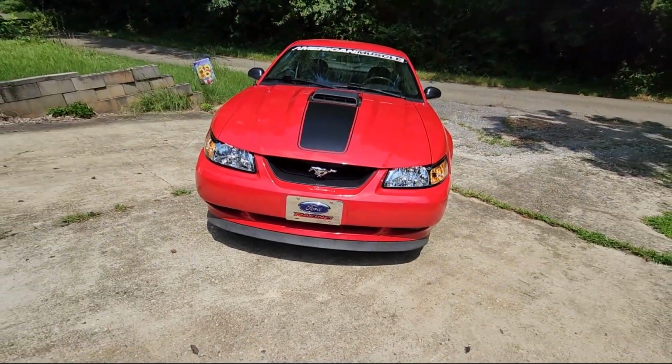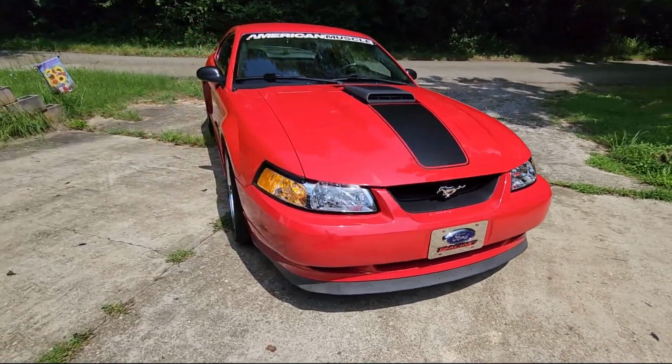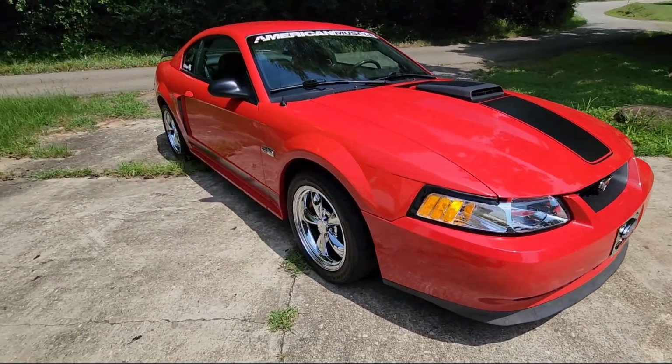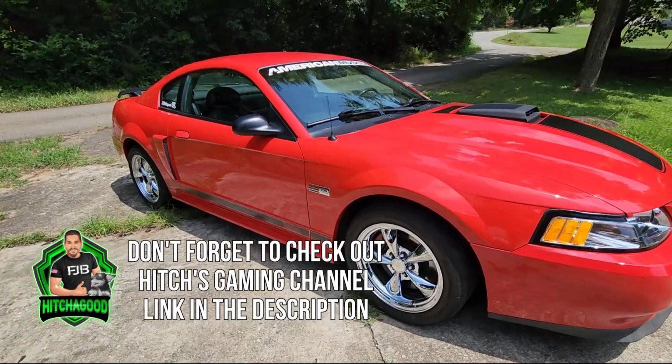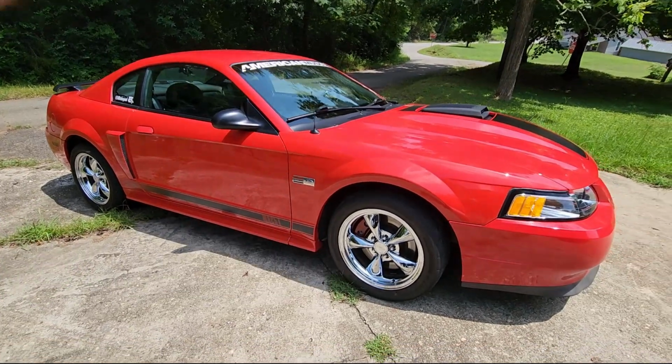What's up, guys? This is Hitch, and today I wanted to show off and introduce my Mustang 2003 Mach 1 to you guys. I got about 55,000 miles on it. It was 40,000 when I got it a little over 3 years ago. Bought it from this